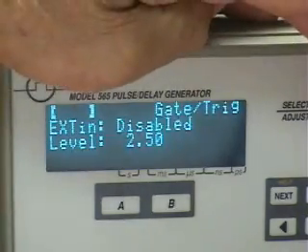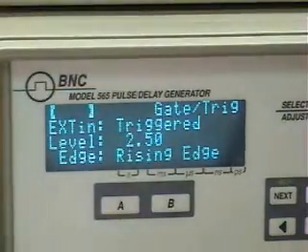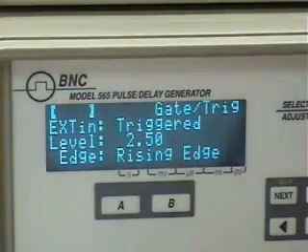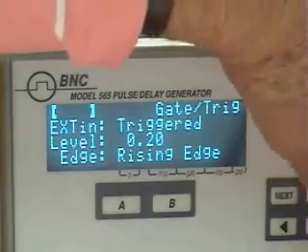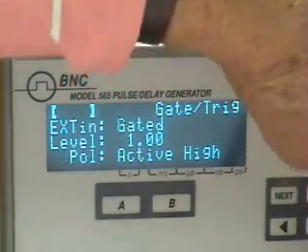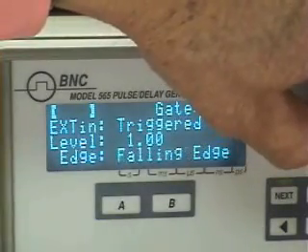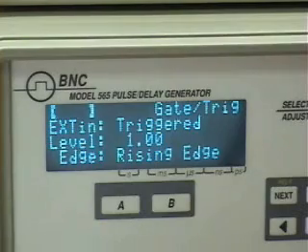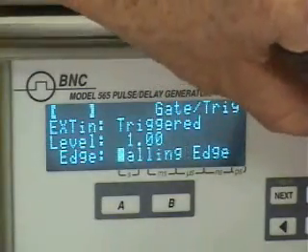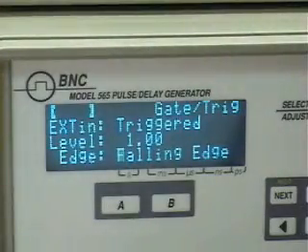Now let's go to the external triggered mode, and here you can see I can select both the level of the trigger and the edge of the trigger, hundreds of millivolts up to several volts. I can also select the slope of the pulse from rising edge or falling edge. If your incoming trigger has an active low polarity and you want to trigger off the leading edge of that incoming pulse, this is a means of selecting that falling edge as the trigger for